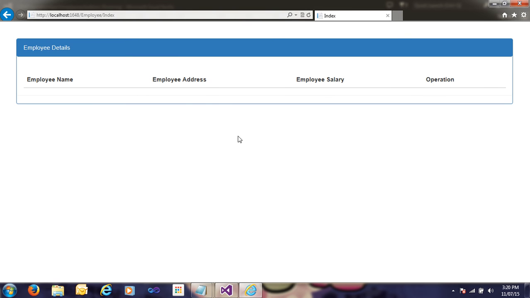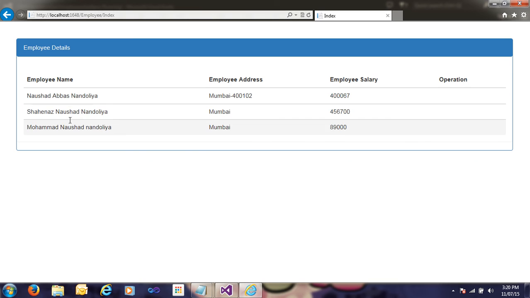It takes time to load the data. You can see after a few seconds it loads the data, right, using AJAX through jQuery and JSON. So here it takes time to load and suddenly it loads the data, so for the end user it is very confusing, whether the data is there or not. So for that,